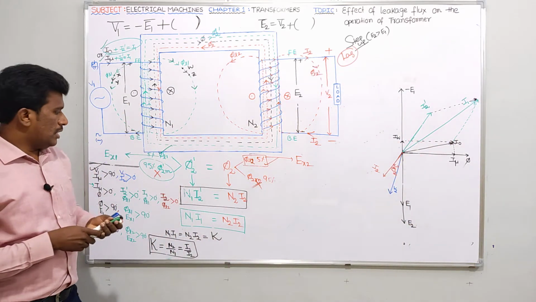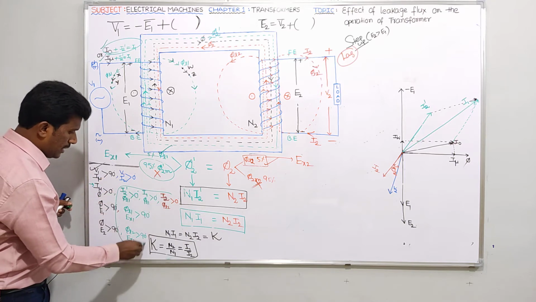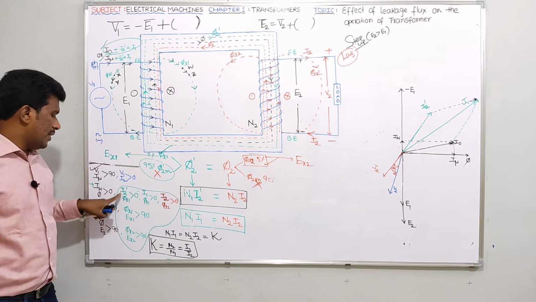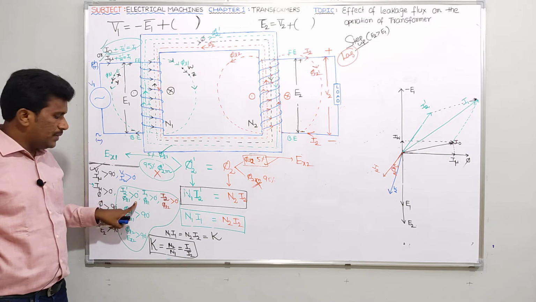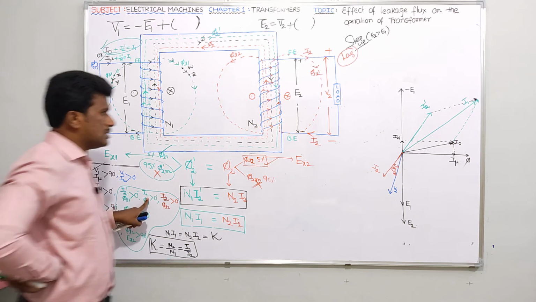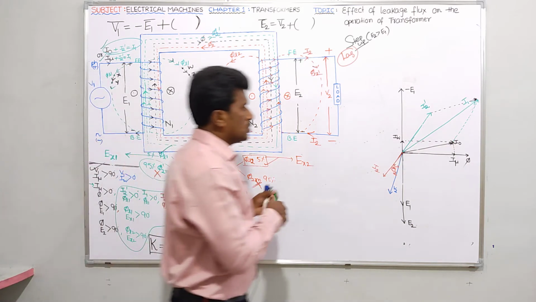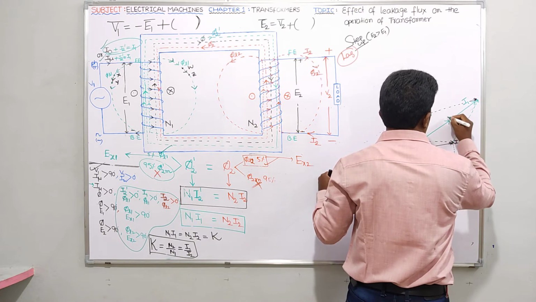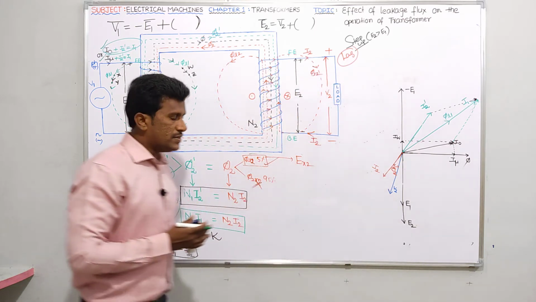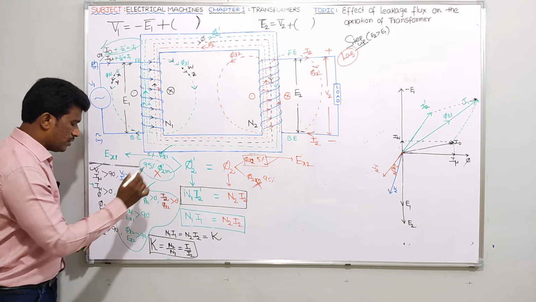Next. Now let me indicate all those things. I think this portion should be indicated on the board. So tell me guys, first of all, what is the angle between phi L1 and I2 dash? 0. I said approximately the angle between phi L1 and I1 also I said 0. So tell me where the I1 vector is. Yes, here it is. Now tell me this phi L1 should be in phase with I1. So let me write, this is what I can say, phi L1 vector, the leakage flux component in the primary side. It is in phase with I1. Next guys. So tell me this one is completed. I just completed this one. Next.